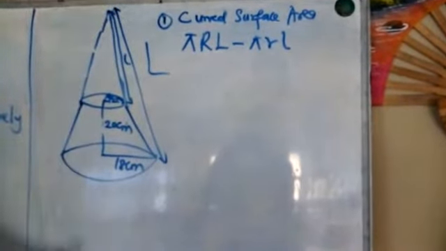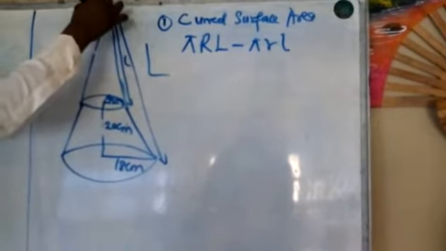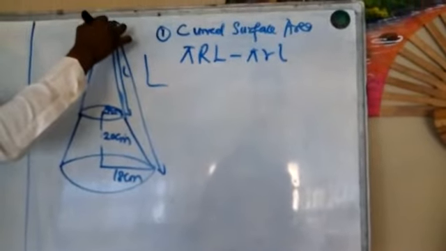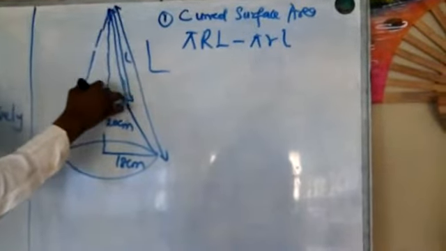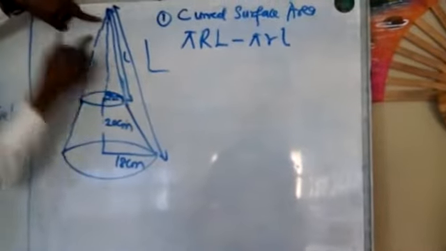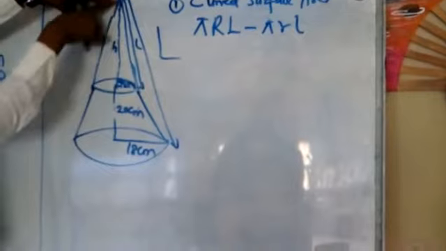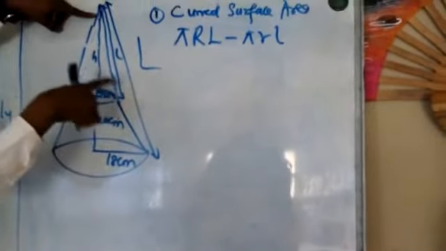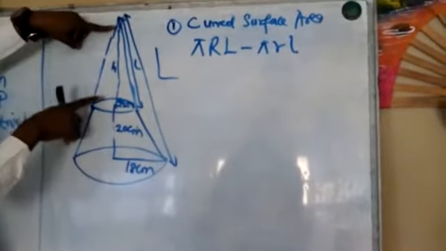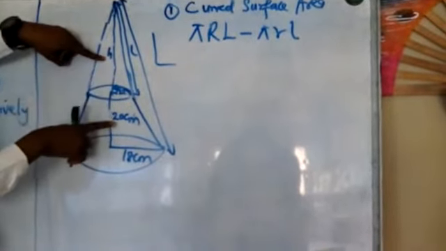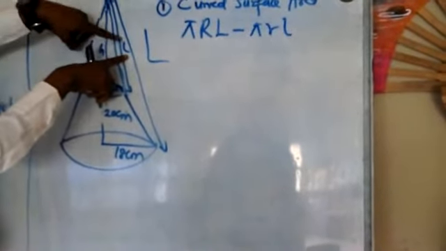Alright? So similarly, the vertical height from this apex up to this point becomes small h. Since this is small l, here is also small h. Alright? So now we need to determine the value of big H. Because when we are talking about the volume, we are going to apply the formula 1/3 pi r squared h. So we need to find the value of the small h and also the big H. We find the value of the big L, and also the value of the small l.